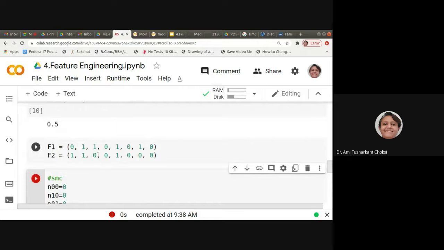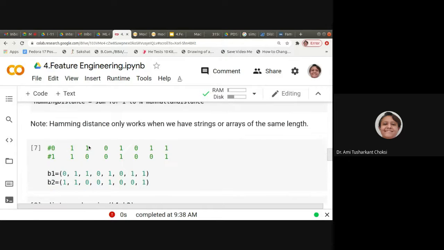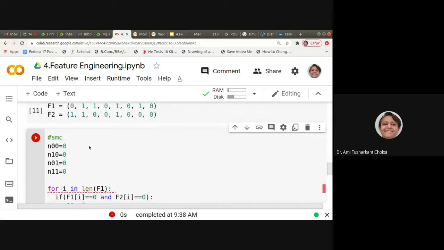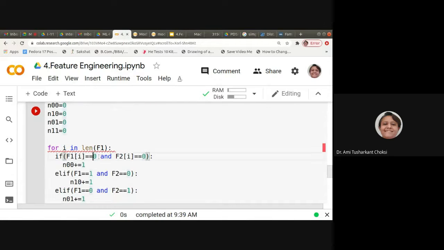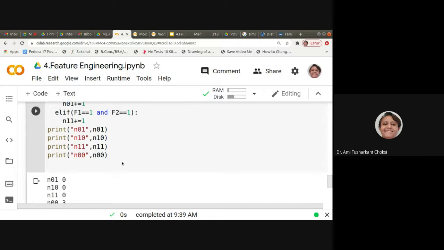Integer object is not iterable. Where is integer object? This is not at all integer object. Oh, for I in range, right? I forgot to write that. Okay, it is fine.